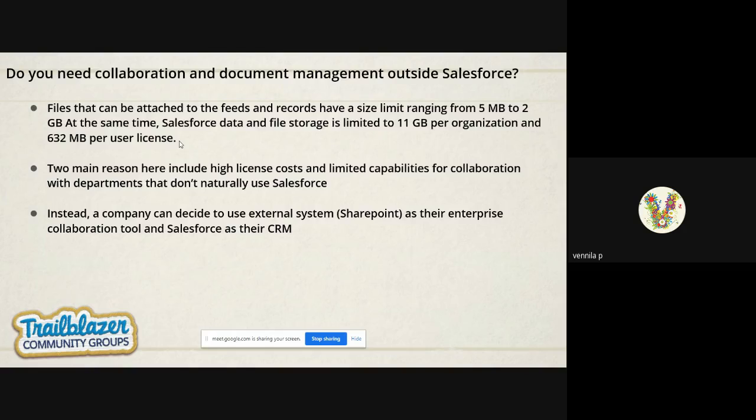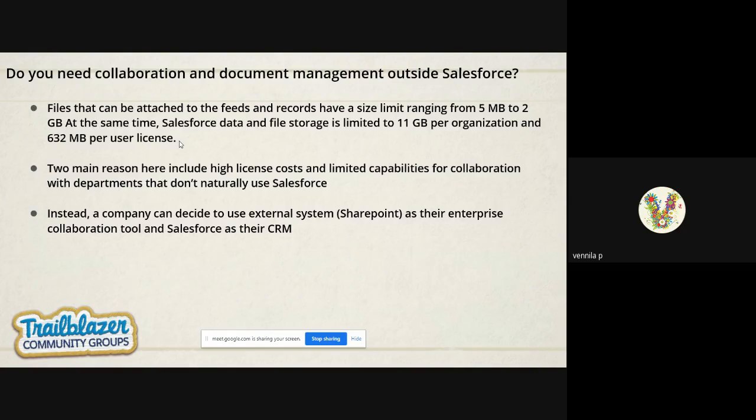Then why are we going to an external system for the storage? Because when the client exceeds this limit, at that time they have to purchase additional licenses for storing all their data, in the sense all their files. That time it will take a high cost. So minimizing all the effort, we are doing some kind of integration with other external systems, like we have some AppExchange products like S-Drive and Dropbox integration. Like that, we are purchasing some AppExchange products.